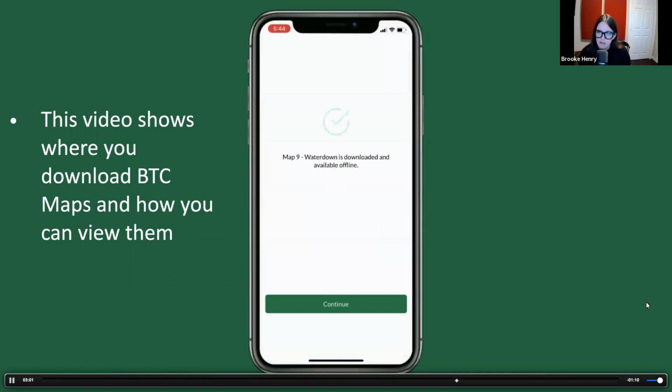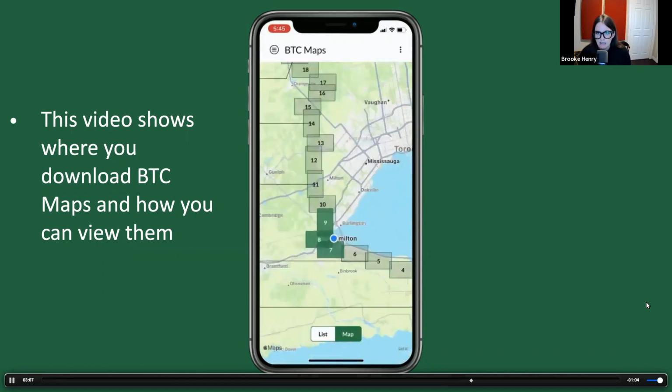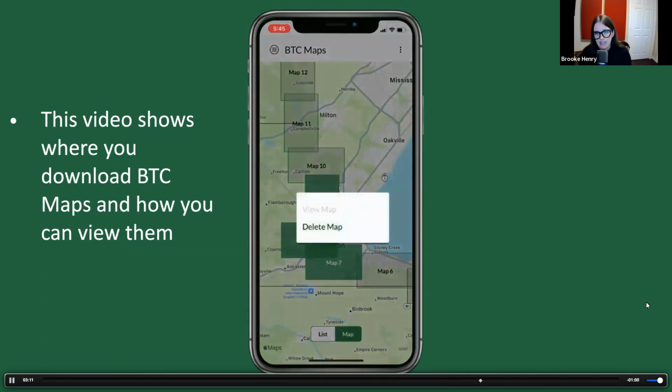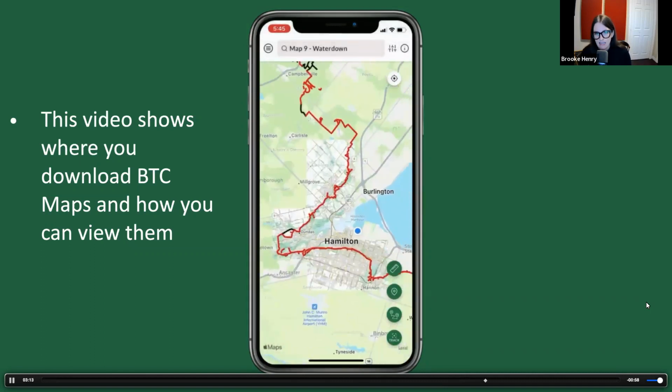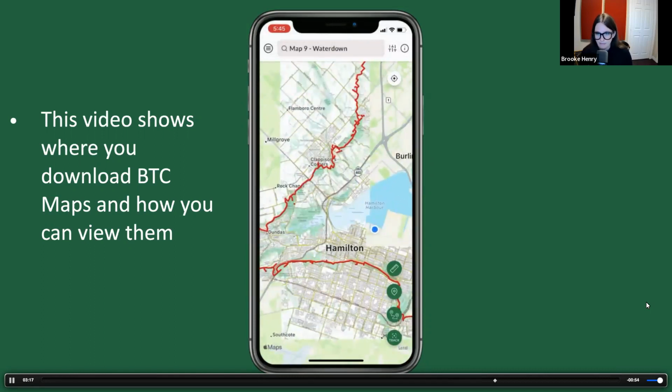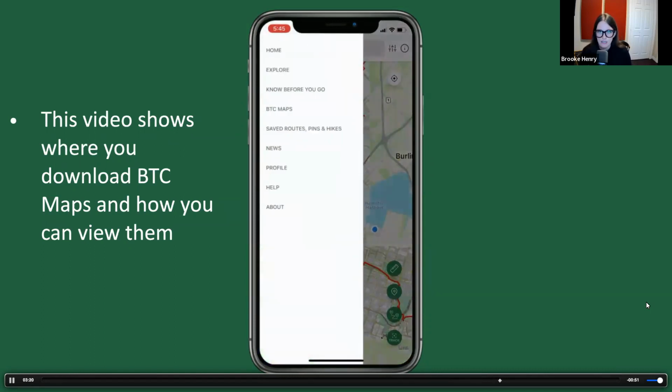So I tapped on the watered down map and I pressed download and it's downloaded. And so we'll see now that the watered down map has been added. It is in dark green. It has now been downloaded as well. And you can see it on our app now on the Explore page. So if we go back to maps,